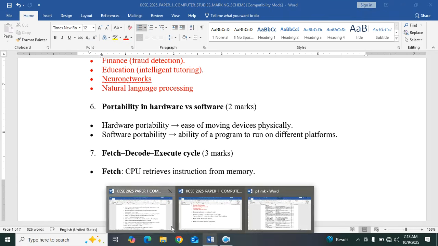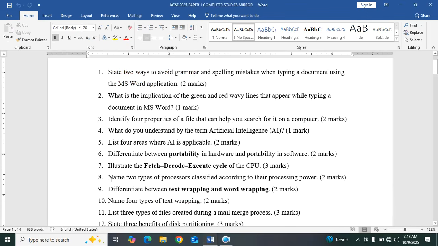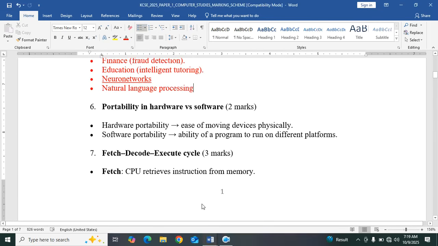Then we go to the next question. The next question is, differentiate between portability in hardware and portability in software. The next question is, illustrate the fetch, decode, execute cycle of the CPU. Name 2 types of processors classified according to their processing power. So when we go to our marking scheme,